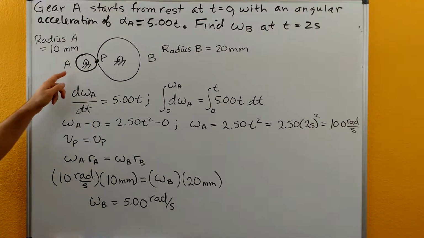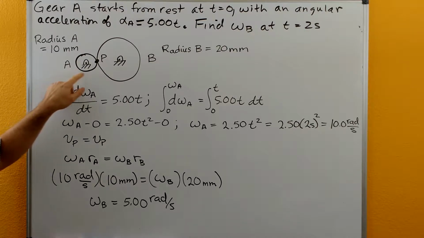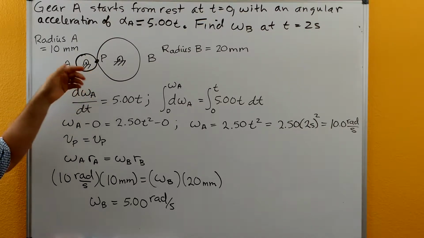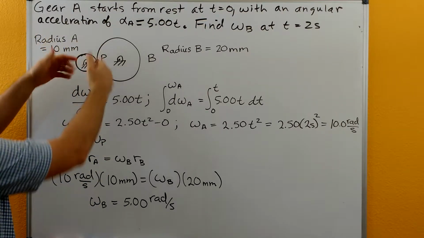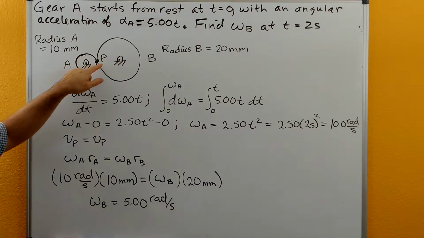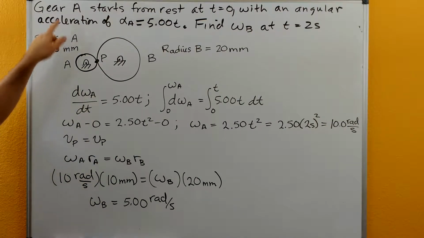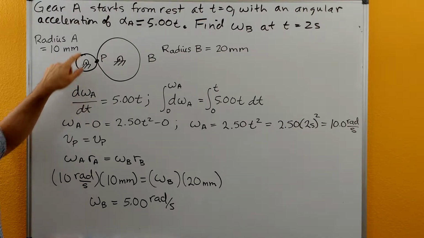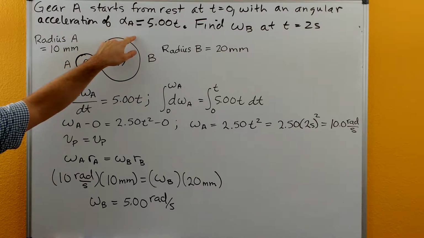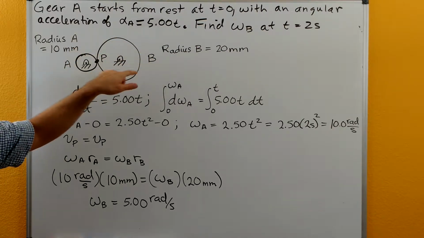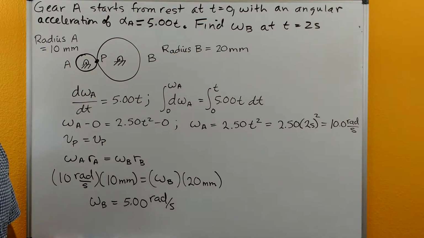So with this problem, we have two gears A and B that mesh together. I didn't draw the teeth in, but they've got teeth that are intermeshing, and they're intermeshing at this point here, P. So gear A, the small gear, starts from rest at t equals 0 with an angular acceleration of 5t, and we want to find the angular velocity of gear B when t is equal to 2